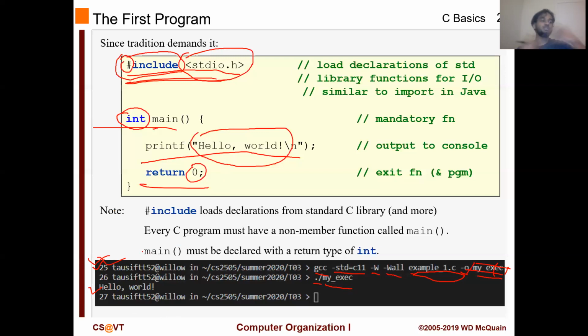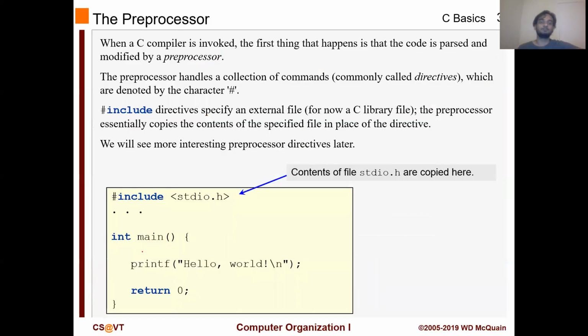So the best way to learn C is to try it by yourself. So yeah, download the code, try it yourself, okay? Try to run it, and if you get stuck, of course, let me know, okay? So when a C compiler is invoked, the first thing that happens is that the code is parsed and modified